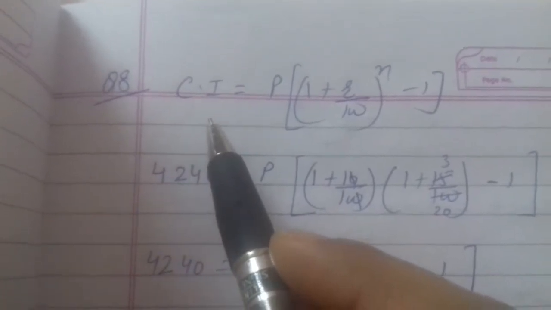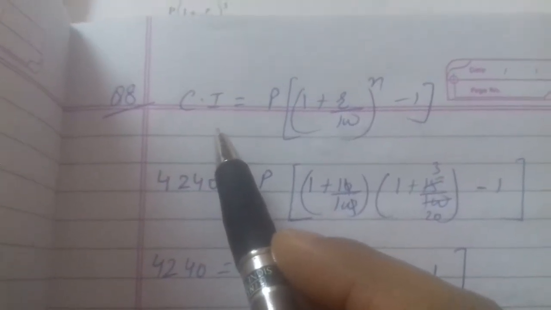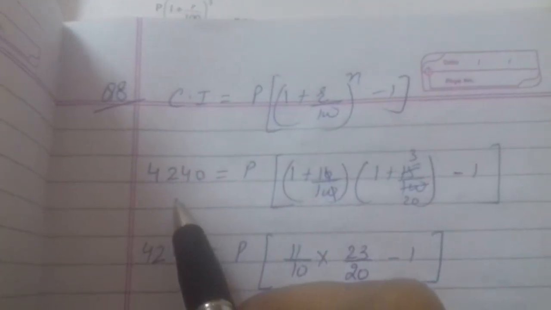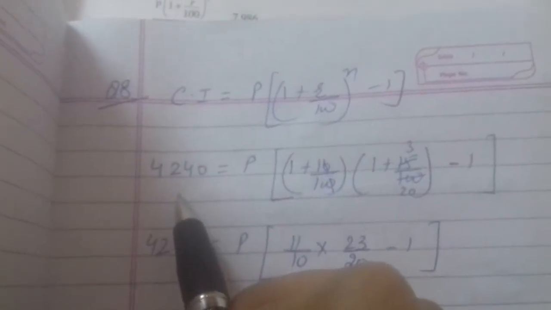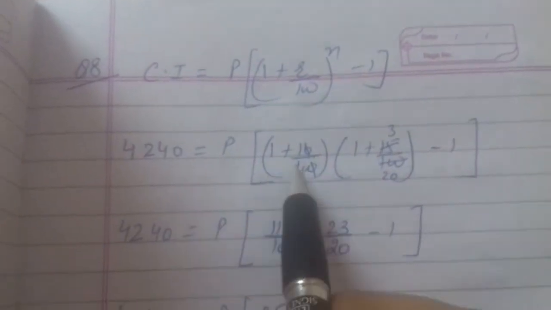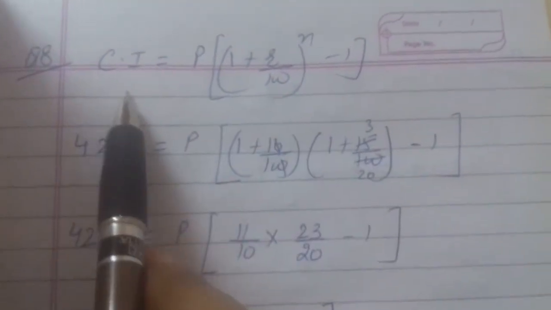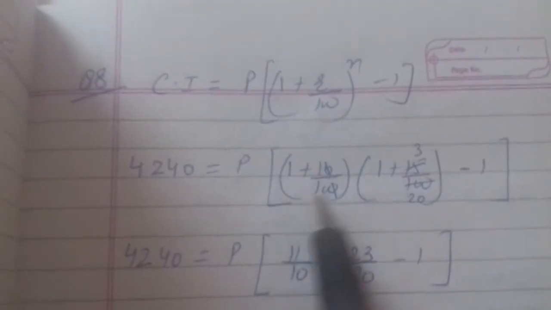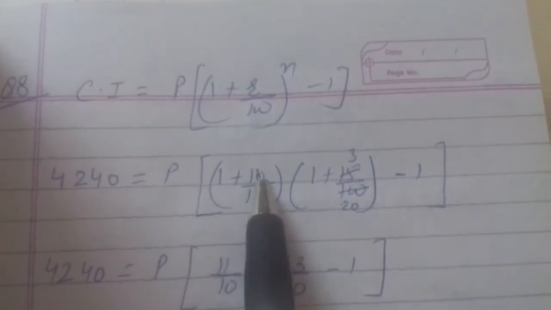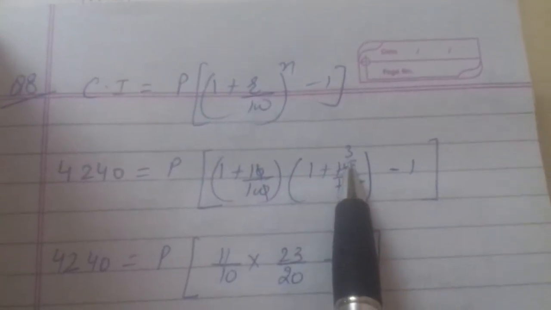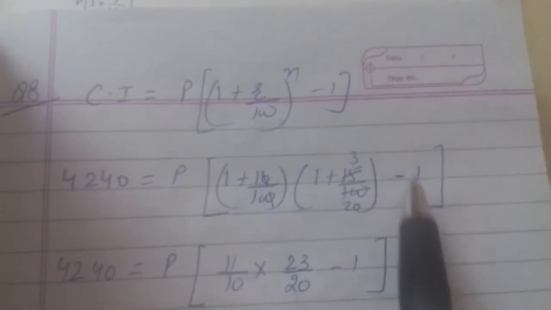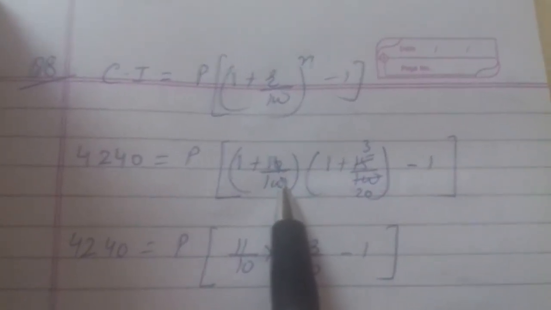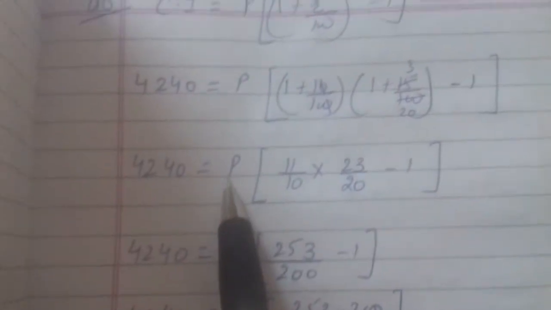8th question: on a certain sum, the compound interest in 2 years amounts to. Children, again compound interest is given, and 2 different rates are given in the question. So I applied the formula of compound interest. It is given P, and as 2 different rates are given, what we'll do is (1 plus R1 by 100) into (1 plus R2 by 100) minus 1. We'll not write the number of years here because the 2 different years we have taken separately. Now the same value as it is.